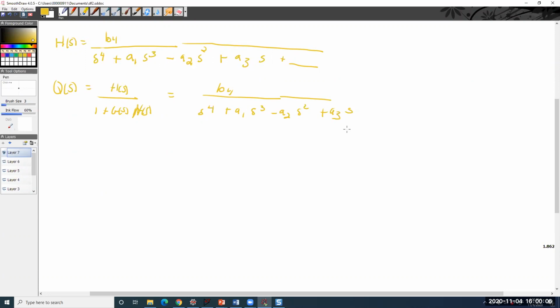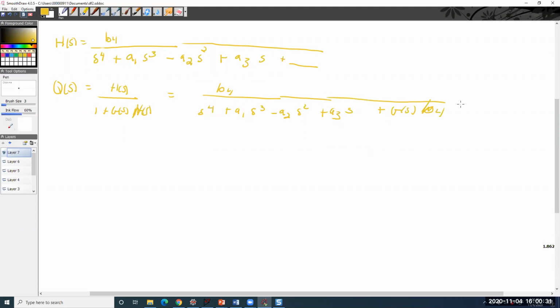So that's why I've got the original denominator. Then I have whatever my G of S is, but I'm multiplying this whole denominator through. The denominator of H of S gets replicated here, but then it gets canceled here, and now I'm left with a numerator,